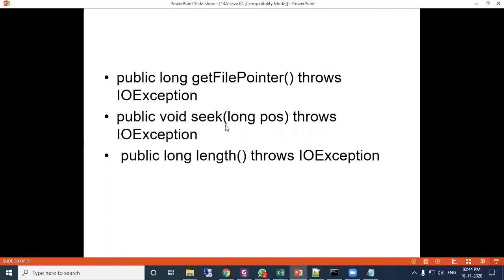The seek method is used to move the file pointer to a particular position. Length determines what is the length of the file.